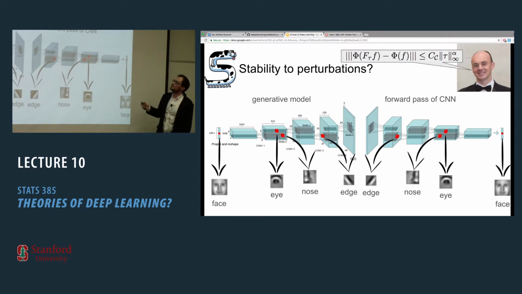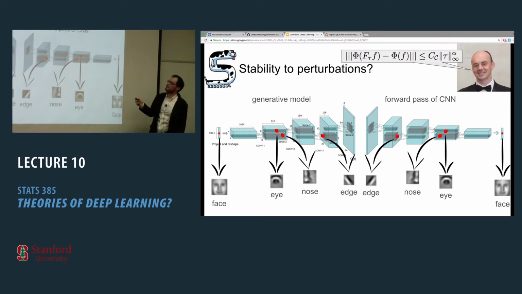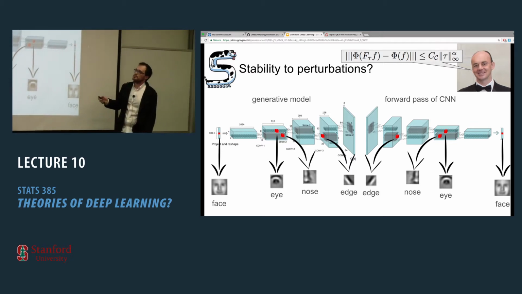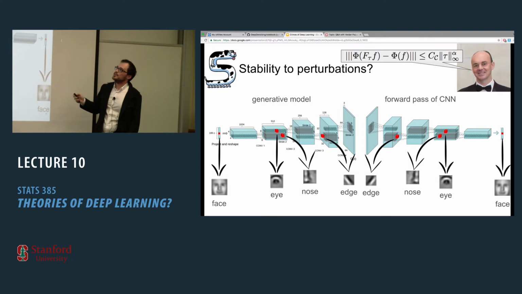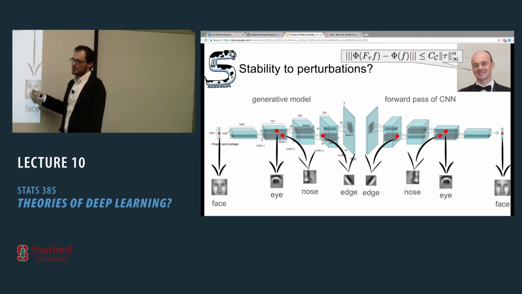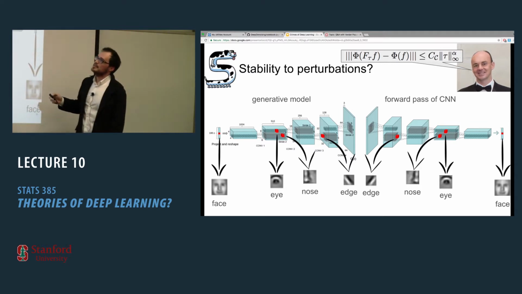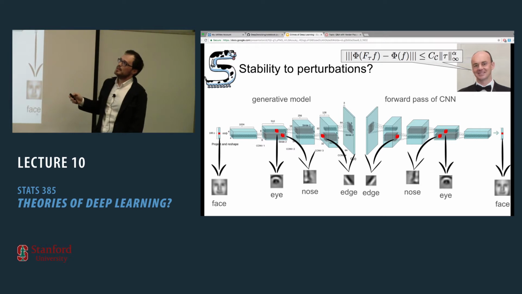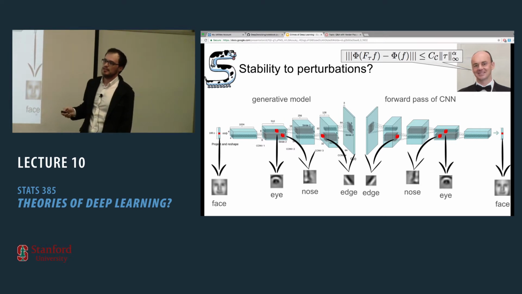We've seen in this course the work of Joan Bruna and Stéphane Mallat, who talk about what happens once you perturb the input. In his analysis, basically, he was saying that the distance between the original feature map and the perturbed one can be bounded using a constant that depends on the class of signals that you're looking at. But here's a question: can you bound this distance between the perturbed feature map and the original feature map in terms of a constant that depends on this generative model?